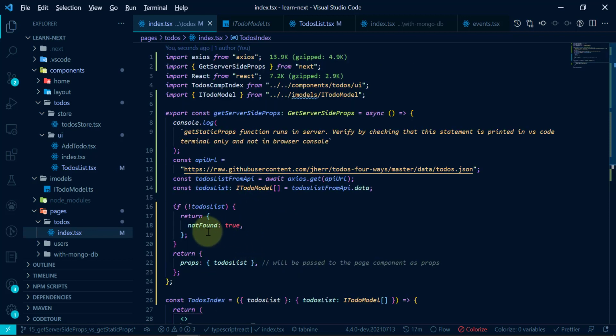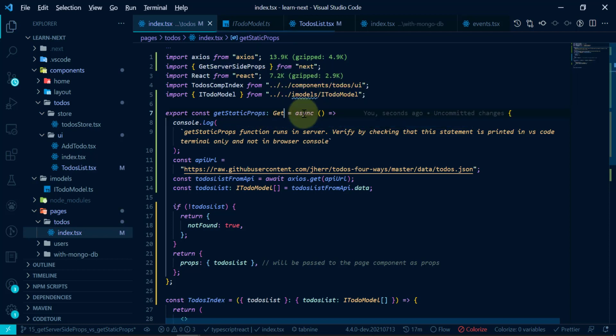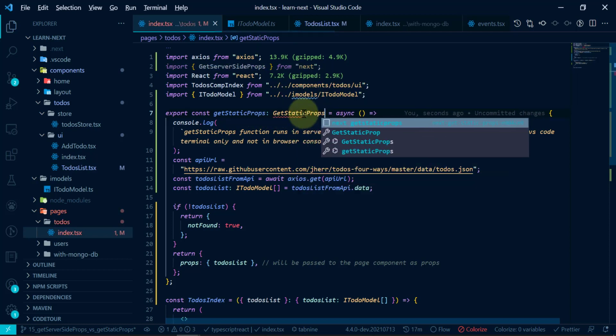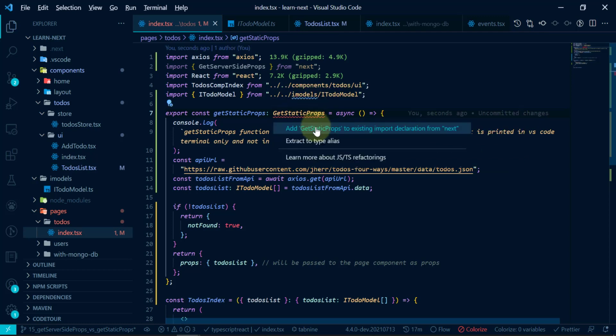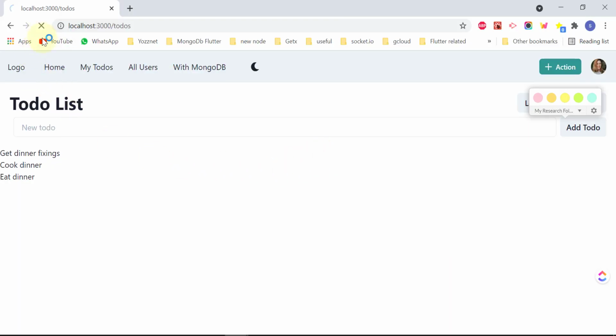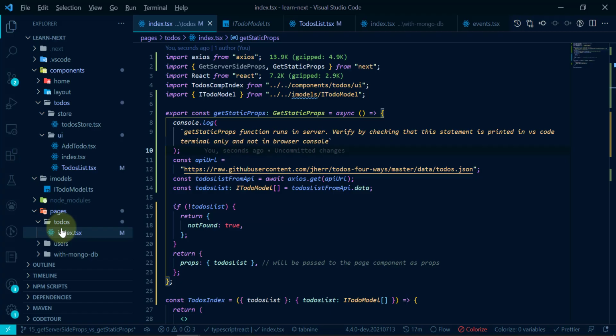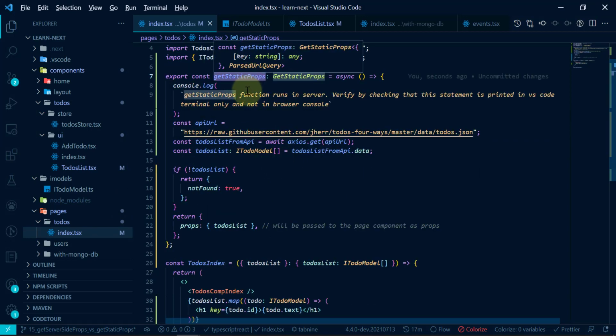And now to use get static props, we just need to change this name here, and of course change the type, and we need to import it. Okay, you see it is imported here, and if we save it, run it, and come back and let it refresh, you will see that we are getting that same data. So in both cases we are able to get the data, but the main difference is that with get static props, this method will run only at build time, and if you change it back to get server side props, it will run on every request.